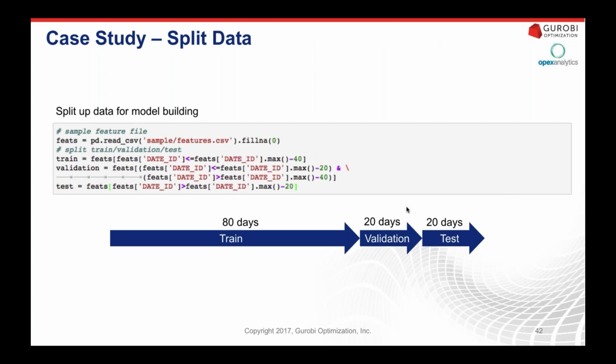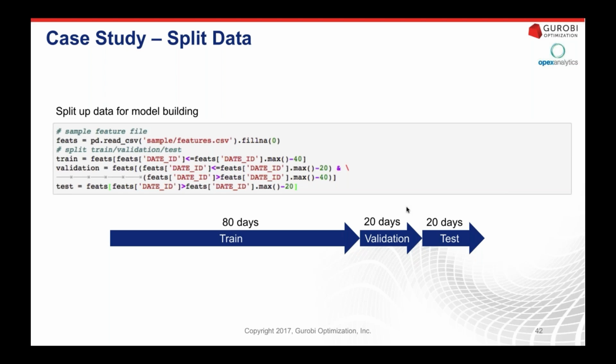Okay, so now let's fast forward a little bit. Say we've gone through generating all of our features. Our next step here is to divide our data set into 3 subsets for performing modeling. What we're going to do is divide into a train, a validation, and a test set. The idea here is that we're not going to try to build just one single model on a training data set and then see how it performs.